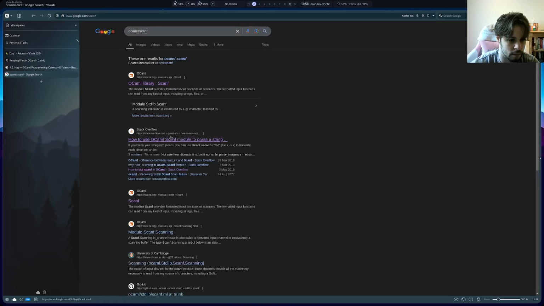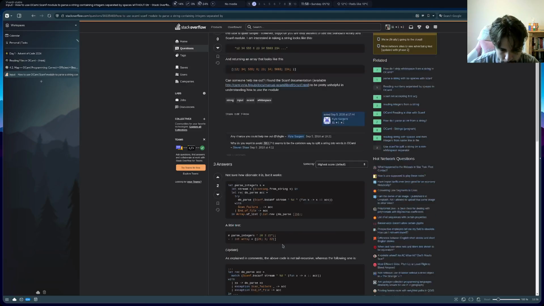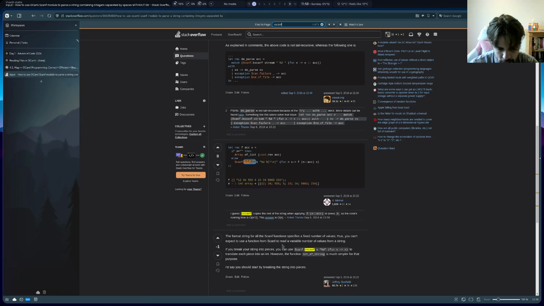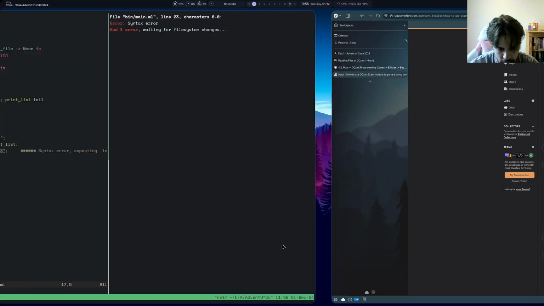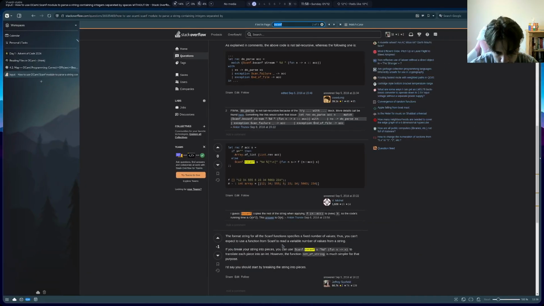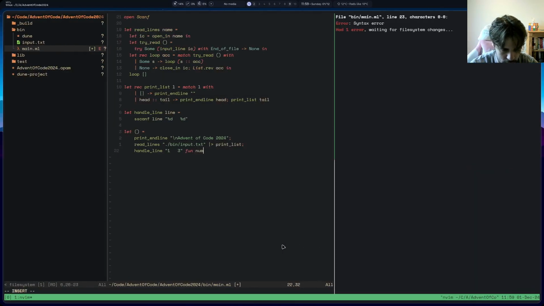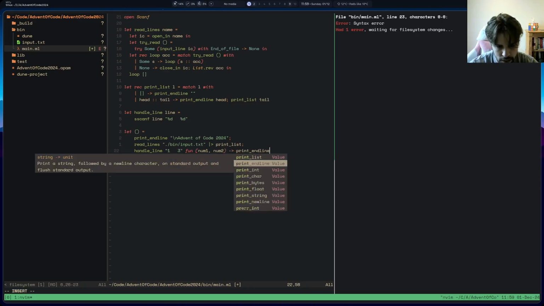OCaml scanf. And then it takes in a function as to what to do with them, maybe. Oh, sorry, that's not it. And then a function that takes in num1, num2. I think these might have to be tuples, and maybe print_newline,